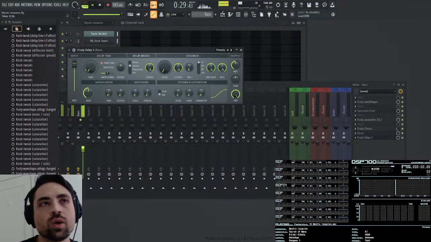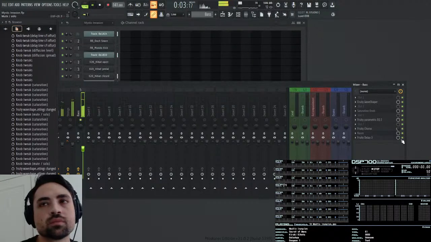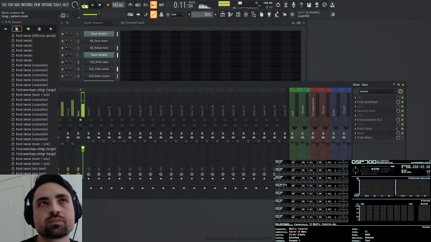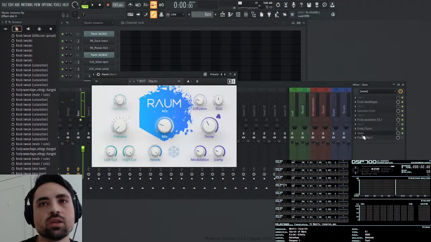It's weird. I don't know why it creates a chorus effect like that. Maybe it's delaying the reverb, so maybe I can use pre-delay.